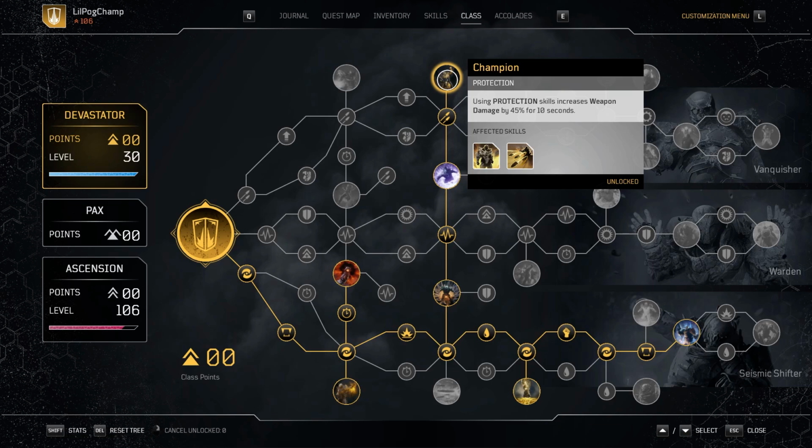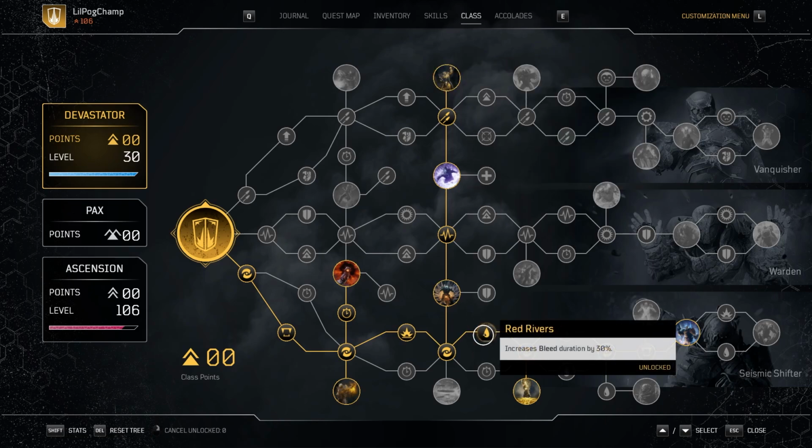Now, this is specifically going to work with a skill that we're going to have on one of our weapons, so I'll get back to this in a second, but do know this is an absolute must. It just absolutely juices your firepower and your anomaly power for this class. But we're obviously going to move into Red Rivers, just to kind of get through the tree, and for the